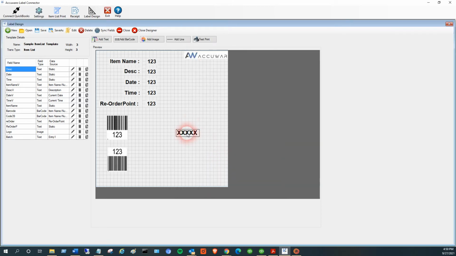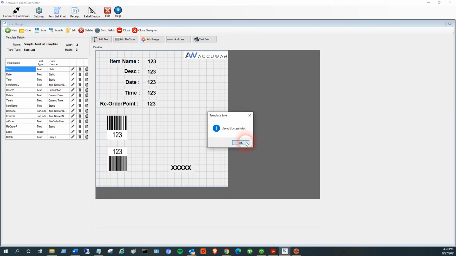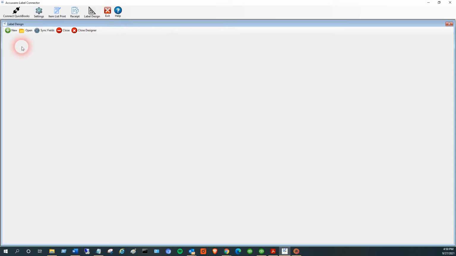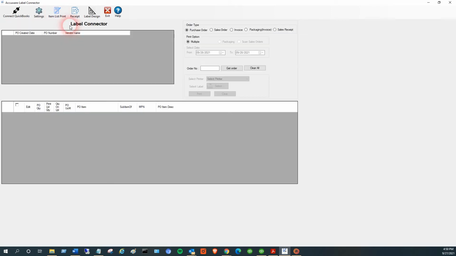So now in this place, the batch number that you enter in our grid is going to appear there on the label, and we'll print there. So that's a way to get some piece of information onto the label. It's not in QuickBooks, but you want to enter it in just before printing. That's an entry field. We can support that. So we'll save this label, close the designer,